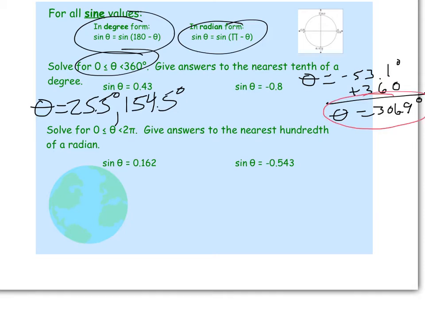All right. Now how do I get the other? Okay, if I took 180 minus 306.9, once again, I will leave the prescribed interval. That'll give me negative 126.9 degrees. That's not between 0 and 360. To get the other,